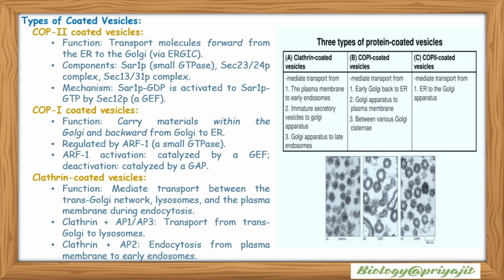Types of coated vesicles. COPII coated vesicles function to transport molecules forward from the ER to the Golgi via ERGIC. Components include SAR1P, which is a small GTPase, Sec23, Sec24 protein complex, and Sec13, Sec31 protein complex. Mechanism: SAR1 protein GDP is activated to SAR1 protein GTP by the Sec12 protein, which is a guanine